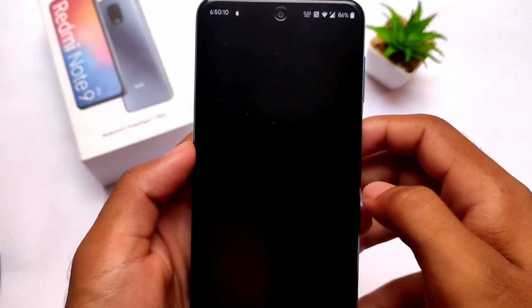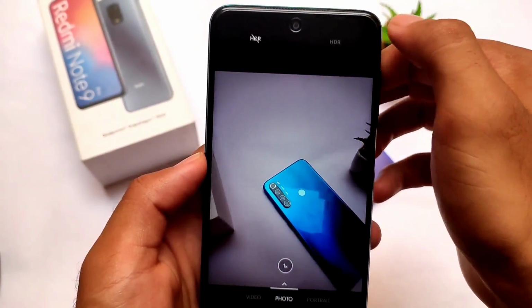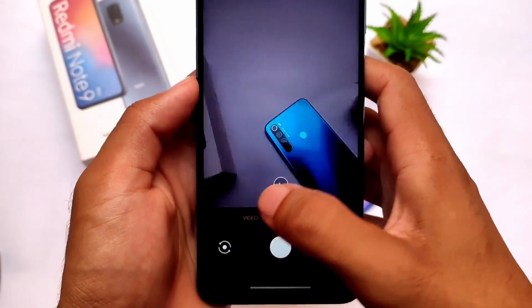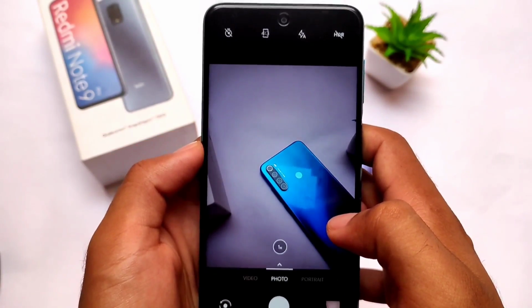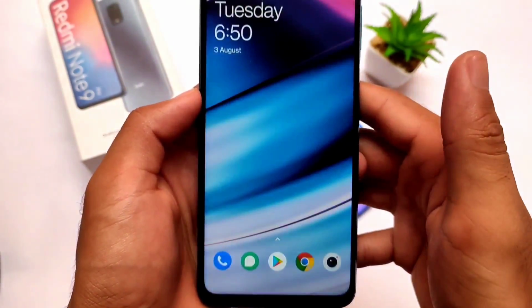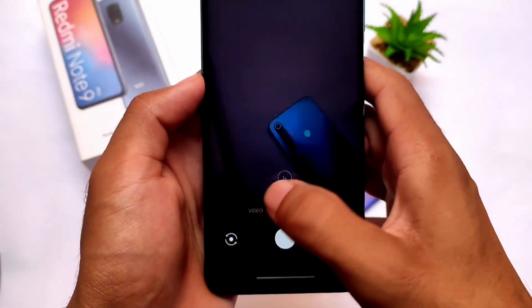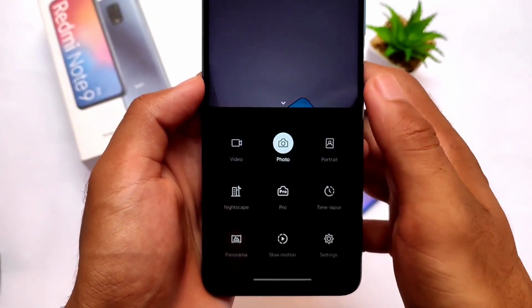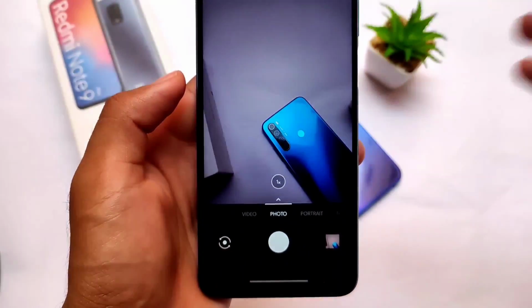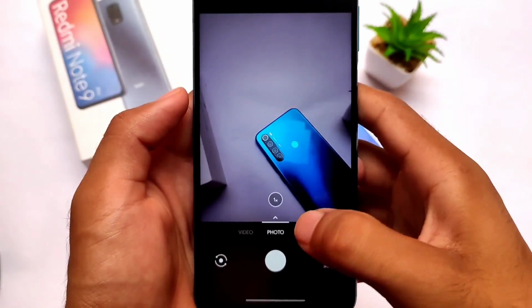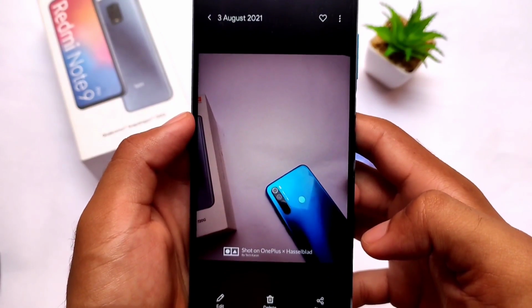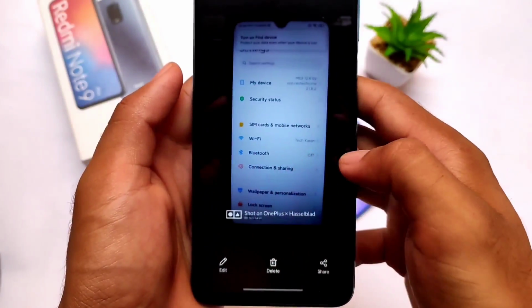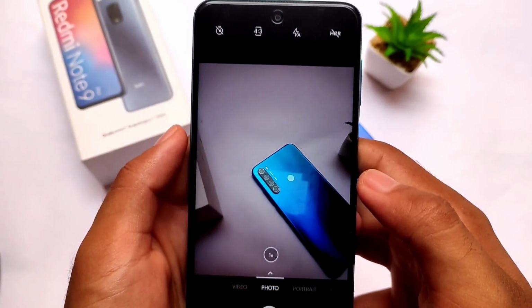And one of the bugs I noticed here, if I try to do anything else here, for example if I click on video mode, it's not working. I'm not sure why though. It is having some issues here. Whatever I do, it's just giving me some errors. For example, this video mode, if I try to open anything else, it was not opening. I'm not sure why though. I am having this error, portrait mode, etc. Nothing is working for me. But maybe in your case it might work, because it has some device specific things. I'm not sure about that.